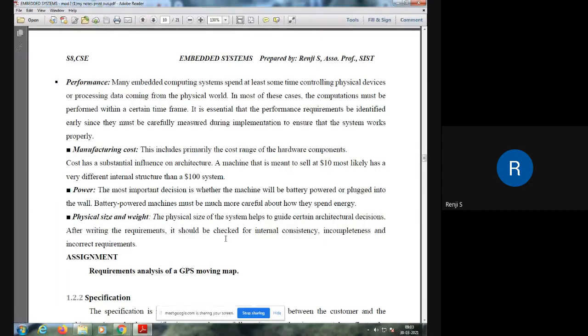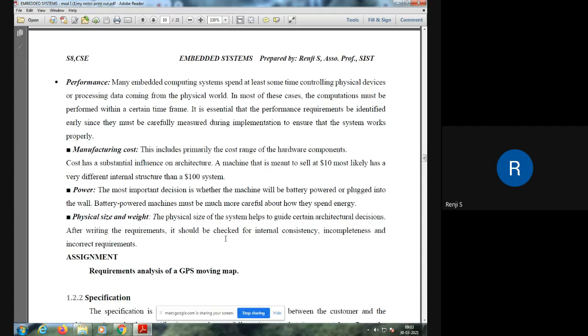For example, a machine which does a particular function can be sold at $10, or it can be sold at $100. But when a system doing the same functionality is sold at $10, then the architecture of that particular machine will be entirely different from that of a machine which does the same functionality but is sold at $100.